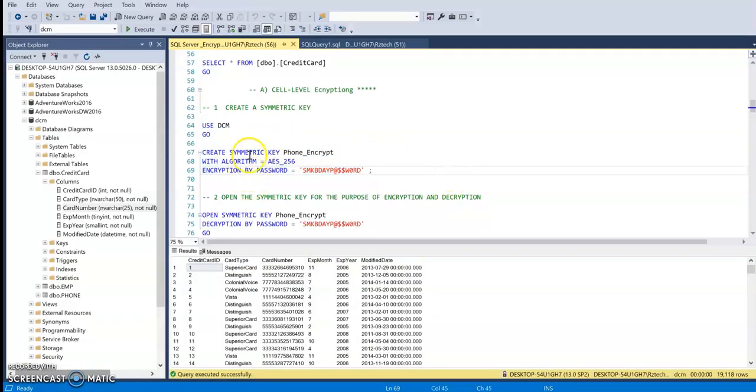The syntax to create the key is pretty simple. You just say create, and create what? Symmetric key, then provide it a name, and then with algorithm. This is pretty much the strongest algorithm that SQL Server can offer, so I use 256. You have other options, like 128. And then you encrypt it by a password. Make sure this password is very strong and well protected, and do not share it with anybody other than the people who are intended and authorized to decrypt and see this column. Okay,